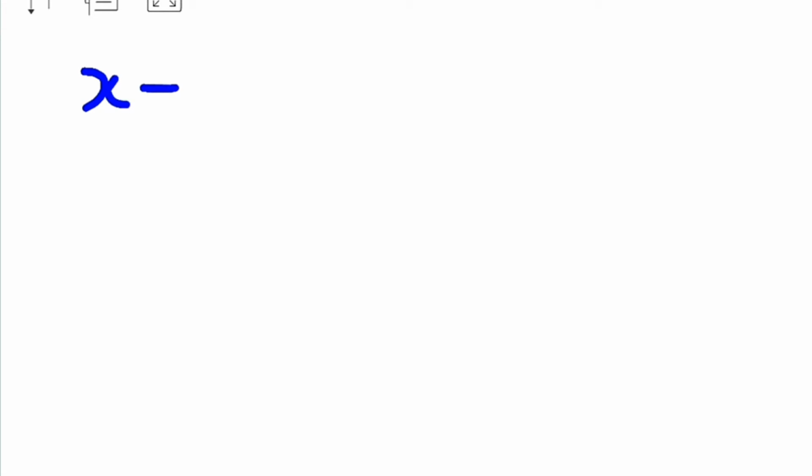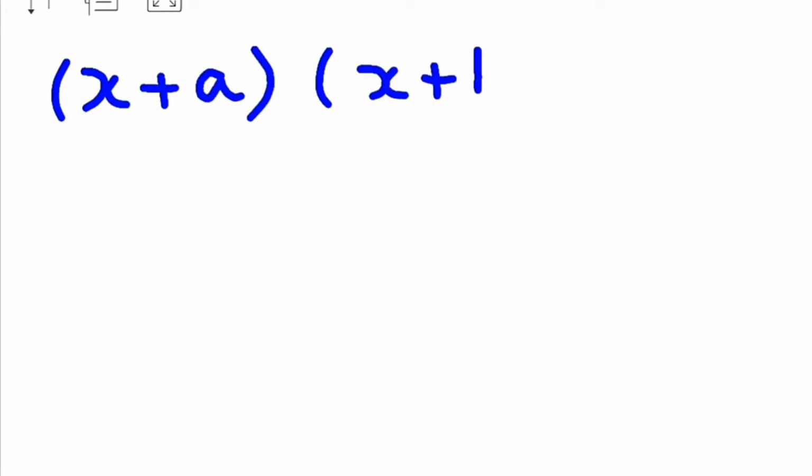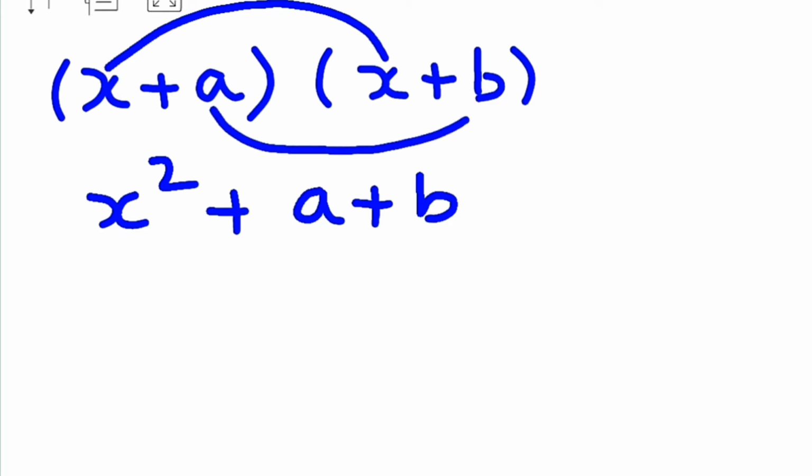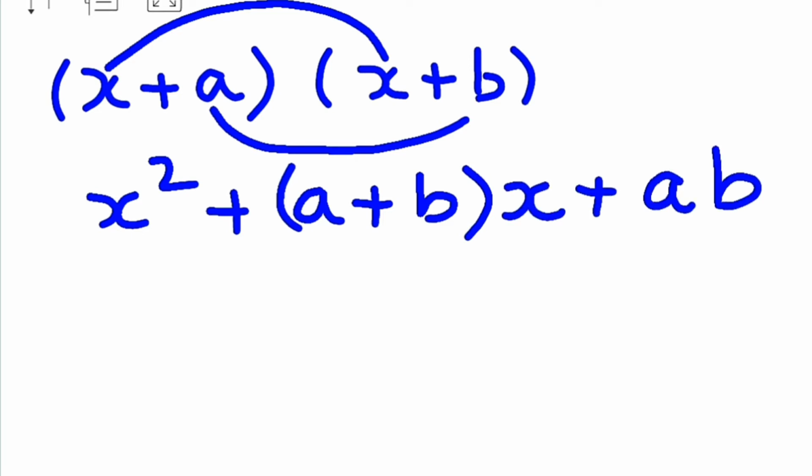So the formula for x plus a into x plus b will be x square plus a plus b x. What we have done: x square, and the x terms are there, so we will write x square plus a plus b. We have to add both these terms, and what is the variable in this? X plus a b. We have to multiply the variables. I'll make it clear once again.